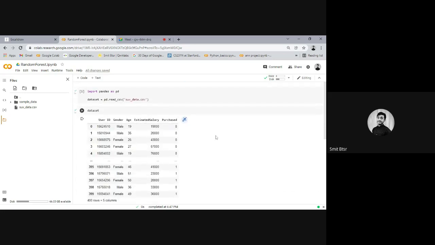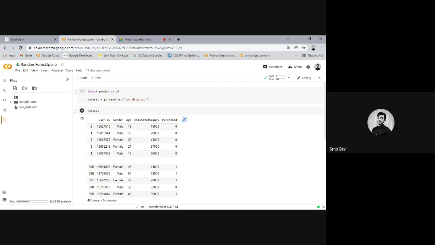As you can see, I chose a simple dataset to make it easier to understand. What we have is user ID, gender, age, estimated salary, and purchase. This dataset represents user data from a car manufacturing company. They have created a new model of SUV, and they want to advertise the car.